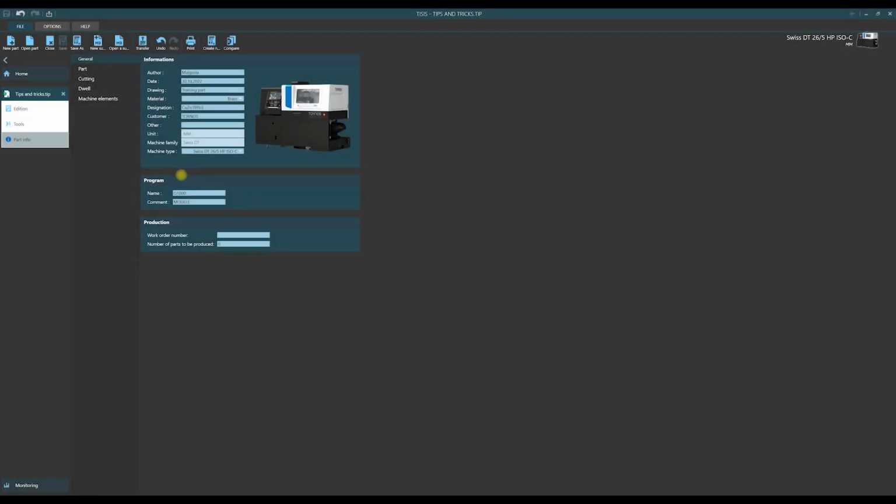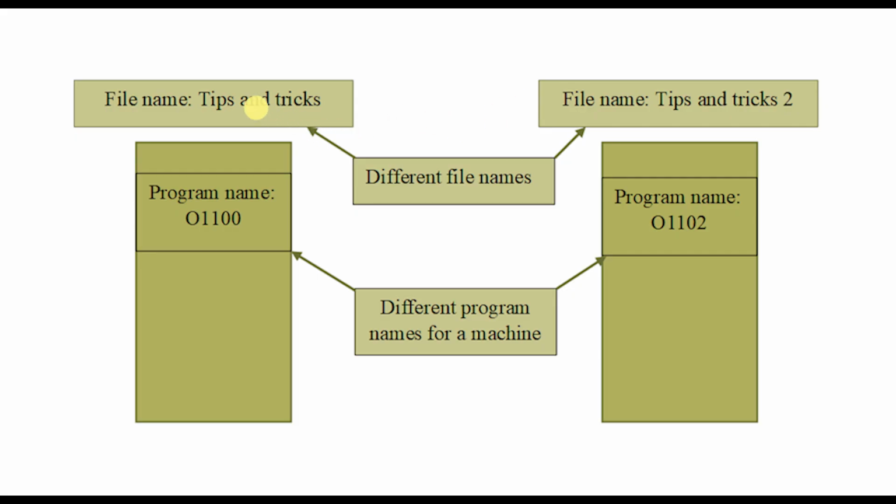Let us move to the second form, program, and in the first line we have program name. Please pay attention that for our programs we have two names. The first is the file name, for instance this tips and tricks as we introduced a while ago, and the second one is the program name contained within a program.